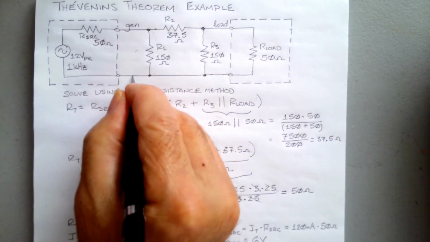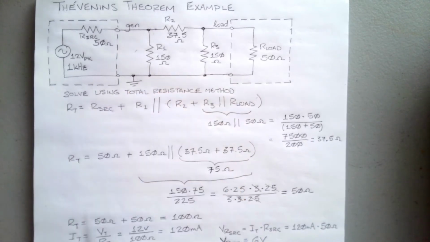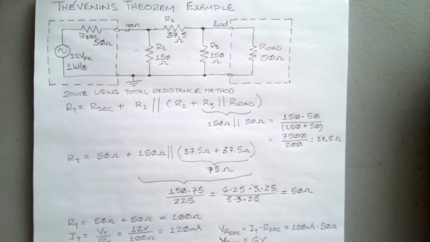And you know, we can certainly call this point ground if you like that. So V gen over 150 ohms, 6 volts divided by 150 ohms, and that's going to equal,